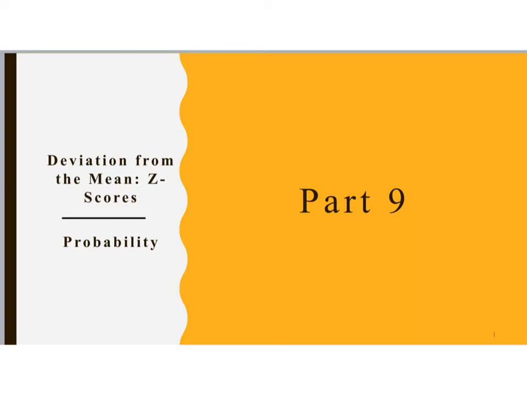The focus of this video is on understanding the normal curve and how deviations and the mean are plotted on the normal curve using something called z-scores. In addition, we'll review probability in particular as it relates to the normal curve, but also in situations beyond the